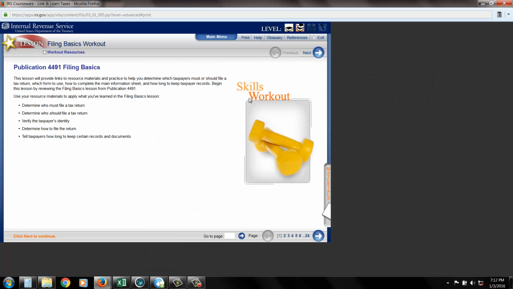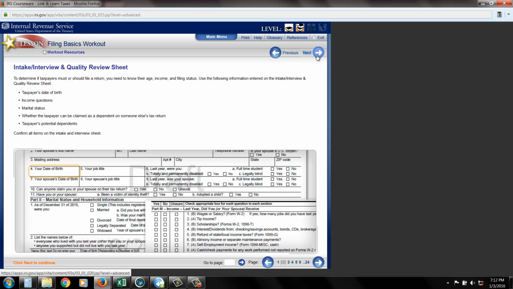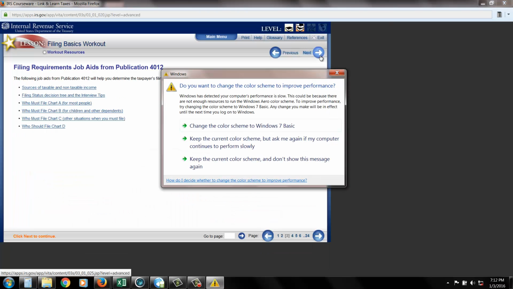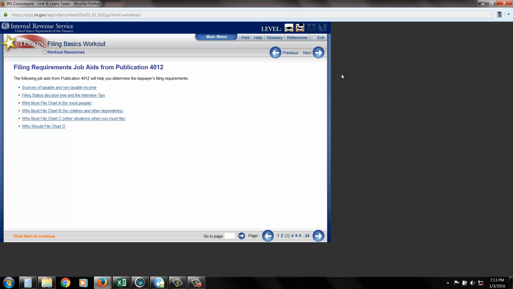if you need them. As far as the online program itself, you'll start and then you'll have a next button up here. You can see how many pages there are down here. And basically you just go through each one and it'll lead you through. So here's an example, the intake and quality review sheet. You can just ignore that since we're not going to be doing that. But if you go past that, it'll start talking. You can ignore that. It'll be talking about